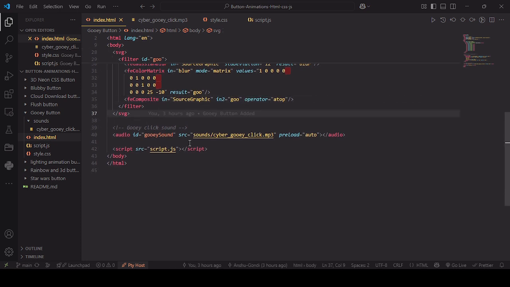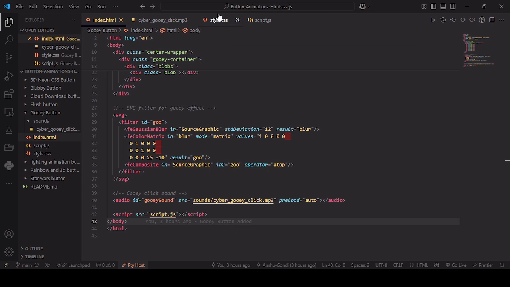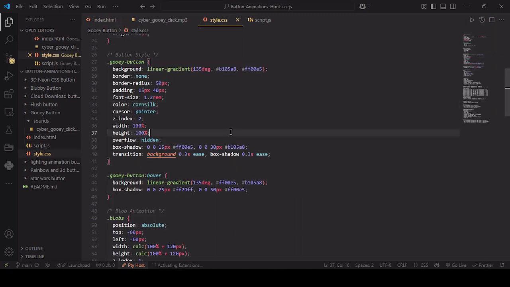Okay, then we have established our audio file right here, which we have taken for our project or button. Okay, so then we will go to our